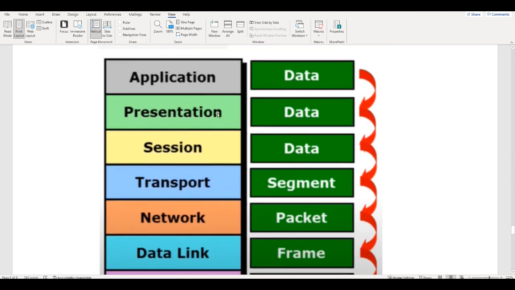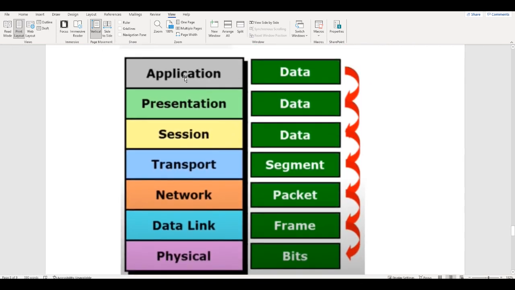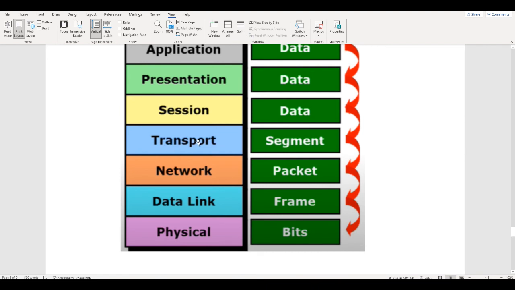So this is our OSI model. Let me zoom out. From application, the data will be transferred to presentation. Again, it will be sent in the same format, data. From presentation to session, the session will also send the same format, data. From session, the transport will divide the data into segments.